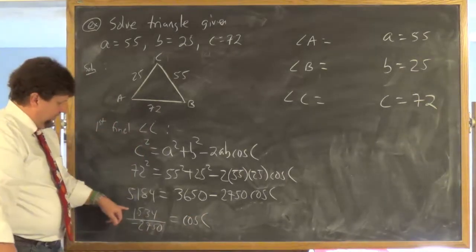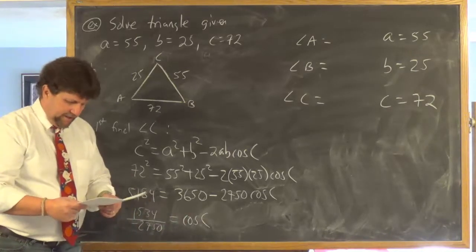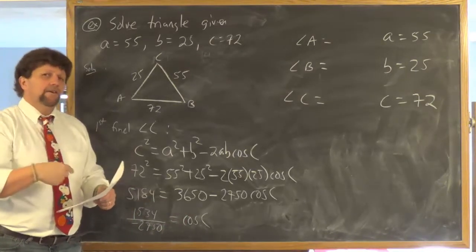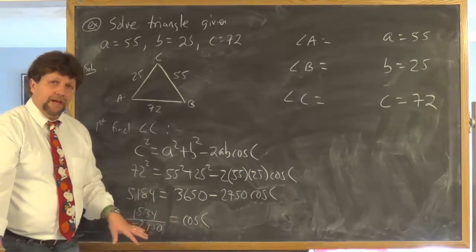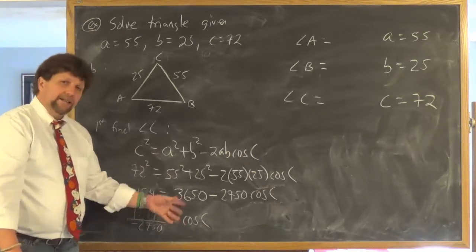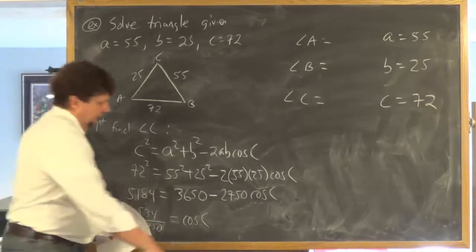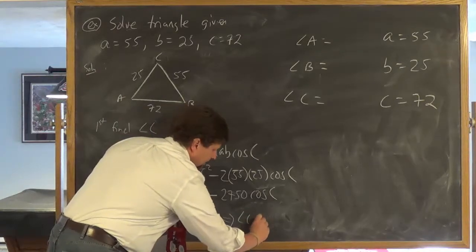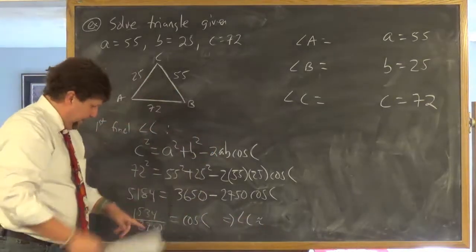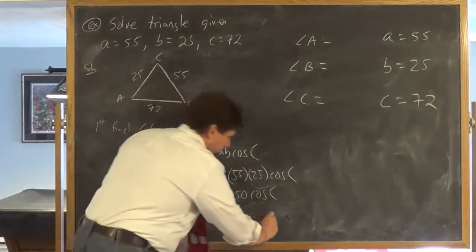So I have 1534 over negative 2,750. That's cosine of C. So now I need to find angle C. Angle finder. Going to use inverse cosine. Angle C equals the inverse cosine of this mess. And when I use my calculator, I get angle C to be about